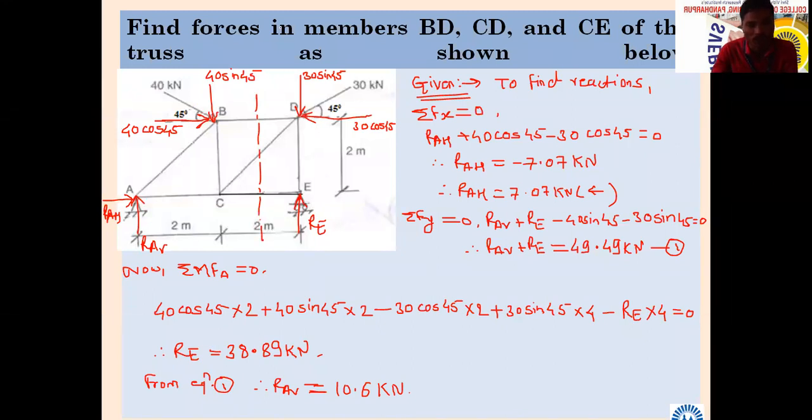From how many members? I will write CP here, for cutting plane. It means I have cut the truss. CP stands for cutting plane. Like a hacksaw, you must have heard of it, the way we cut an object, likewise I have cut the truss here, which will pass through 3 members. Which are they? From which I want to